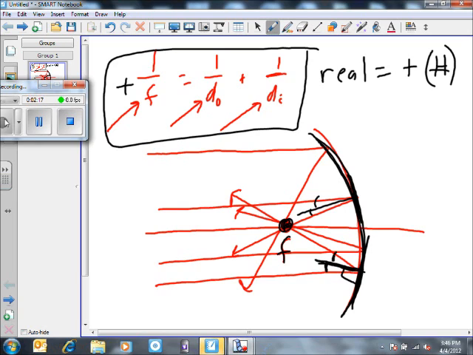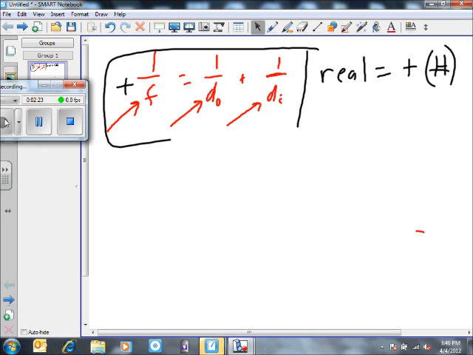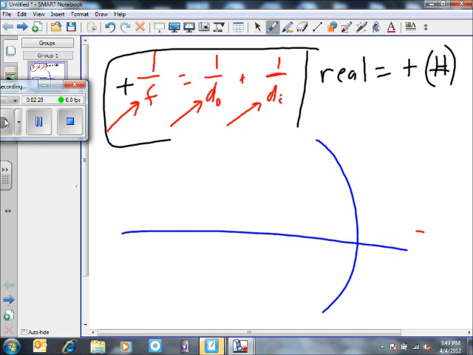Now, if we had an object here, and we're talking about a converging lens, and all converging lenses, by the way, have real foci. If we have an object, which is typically drawn as an arrow, and we're trying to figure out where the image is going to be,